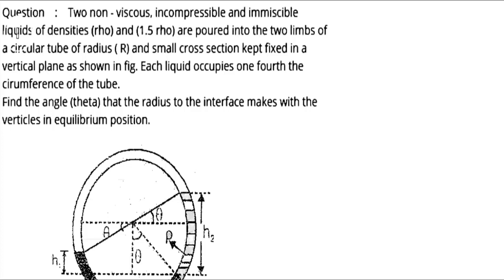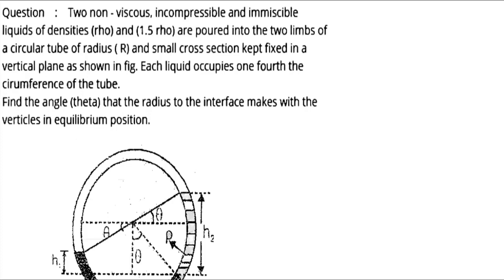According to the question, two non-viscous, incompressible and immiscible liquids of density rho and 1.5 rho are poured into two limbs of a circular tube of radius r and a small cross-sectional area kept in a vertical plane as shown in the figure. Each liquid occupies one-fourth of the circumference. It means they make 90 degrees at the center. So we have to find the value of theta that the radius of the interface makes with the